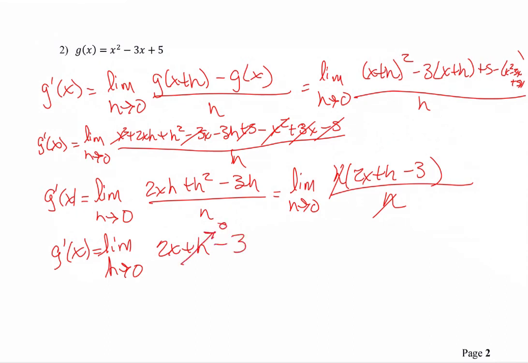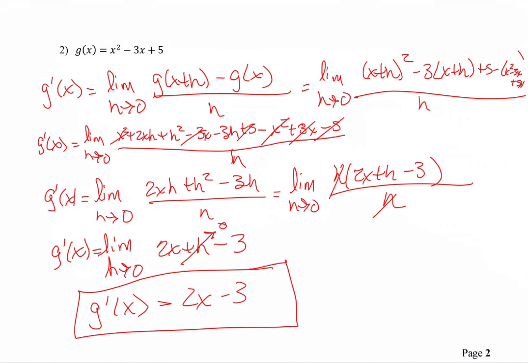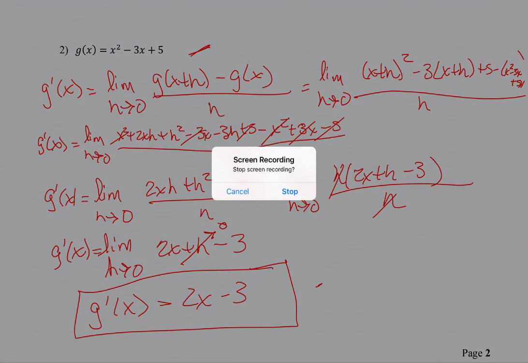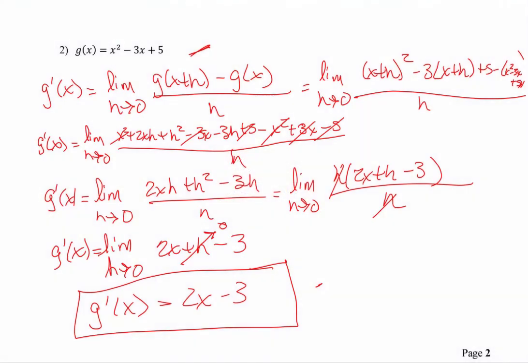This h is going to go to 0, so I have g prime of x equals 2x minus 3. Notice that my derivative of a quadratic is a linear function. Okay? If you have any questions, please,